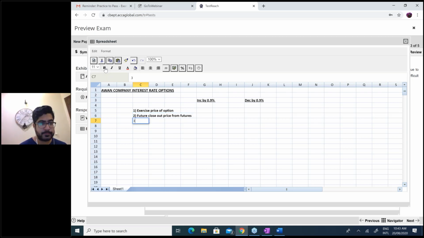Third step, exercise yes or no. Then the fourth step, gain in basis points. If yes, then